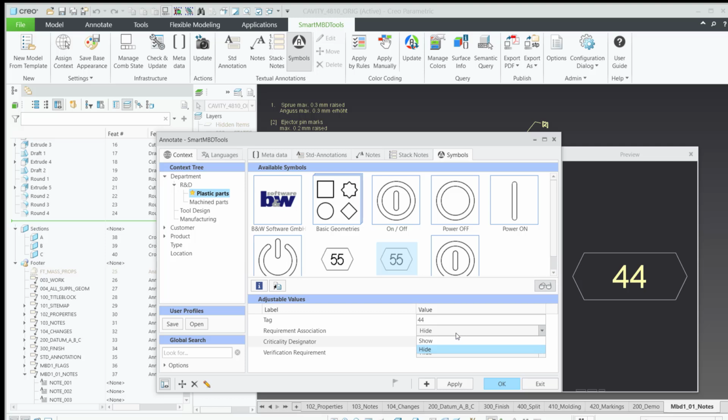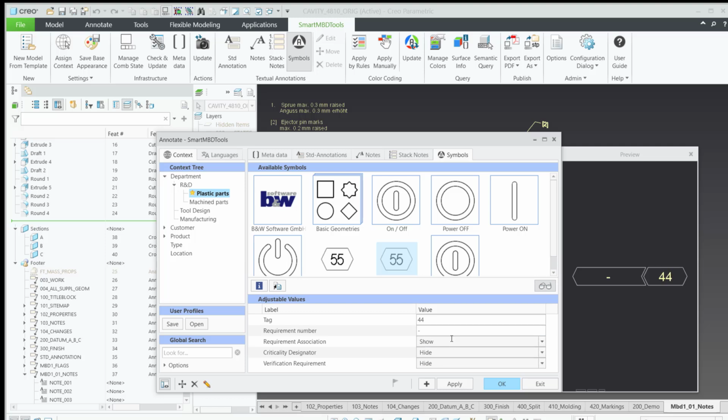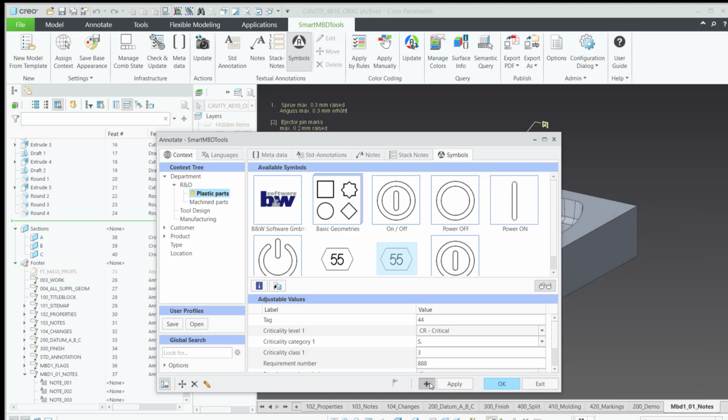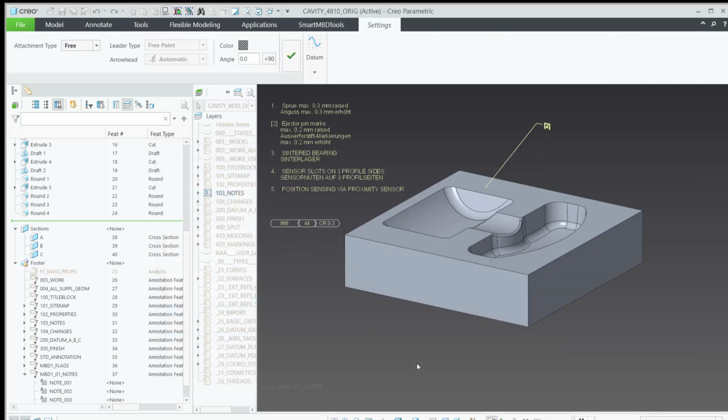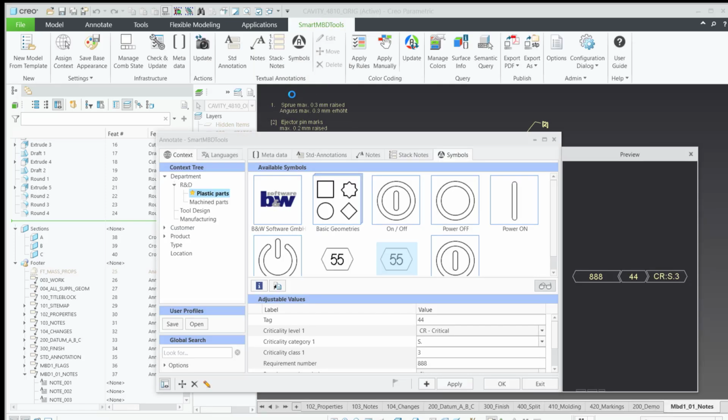Based on the rules that are defined by the administrator, the user can show additional parts of the symbol. An additional input panel becomes visible and a value can be added as well. The preview will be updated. Step by step, the user can adjust the symbol. By clicking on the plus button, the symbol can finally be placed on the screen. Finish placing symbols with the exit button.